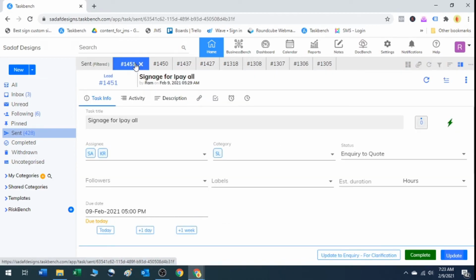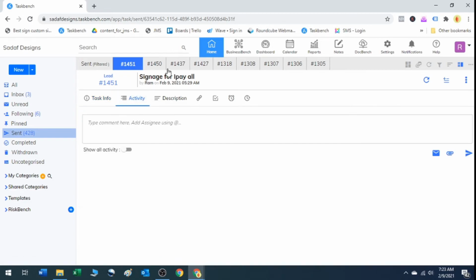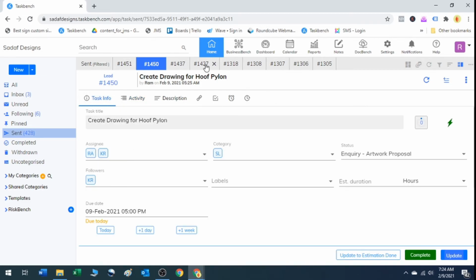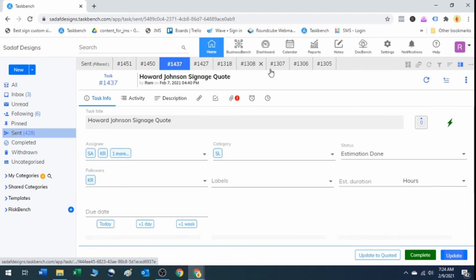So you go here, see the activity, put your comment, call them, make your comment, save, update. Go to next one, go to activity, do this, save. When you type something here, you have to press this arrow, post comment. Then you have to comment, save. Again, same thing to the next one. So you keep doing this. It all will take only 2 minutes to make a call. And all these tasks are updated.